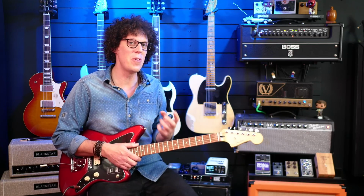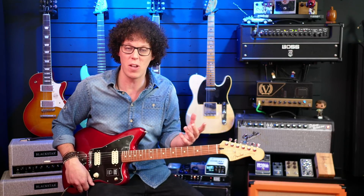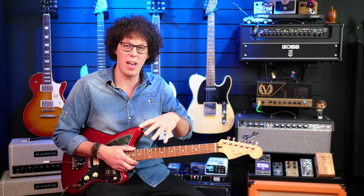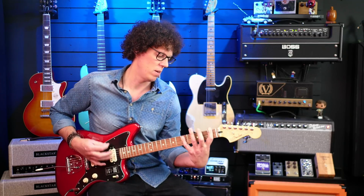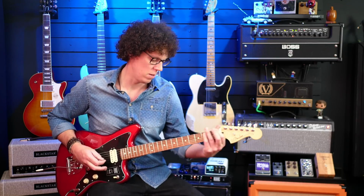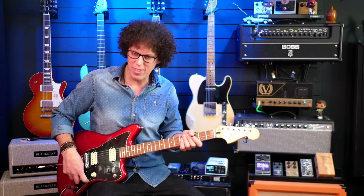So this guitar is quite bright and thrashy, and I'm not sure that I enjoy that thrashy sound, although I did use it at the practice for a couple of cover songs, and we did My Generation by The Who, with this guitar doing the main power part, with Steve on the Strat doing a much more warm, rounded kind of...